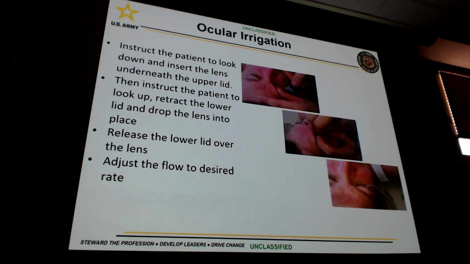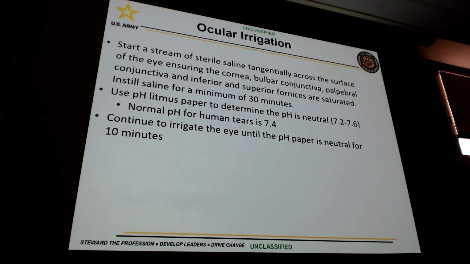Okay, and the beauty of the Morgan lens, again, is it's hands-off for you. And once you've got it in, you're good to go. You can let them irrigate for half an hour, and then you'll take the Morgan lens out after 30 minutes. And we let the eye kind of get its natural pH after that, so we'll wait about 5 to 10 minutes after you take the lens out. And then you're going to use a pH strip to check the pH to make sure everything's neutral. If it's not neutral, then you do 30 more minutes, and you wait 5 to 10 to check the pH